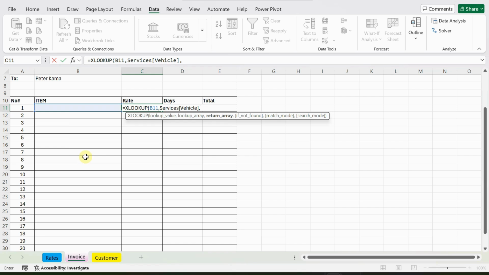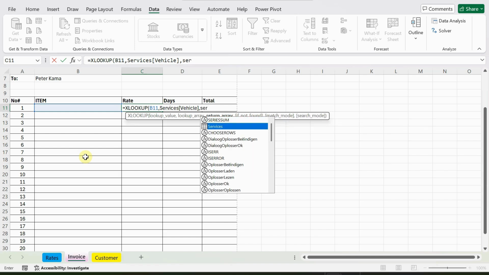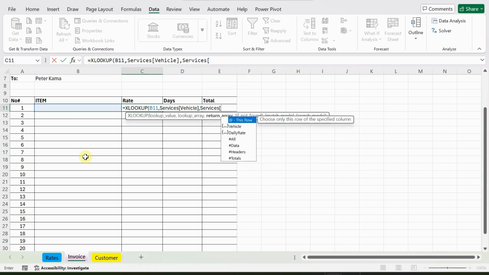So if it matches, what is the value that's going to be under the rates column? From the same services, if it matches, we want the daily rate to show up. So that's all we need. So we put our